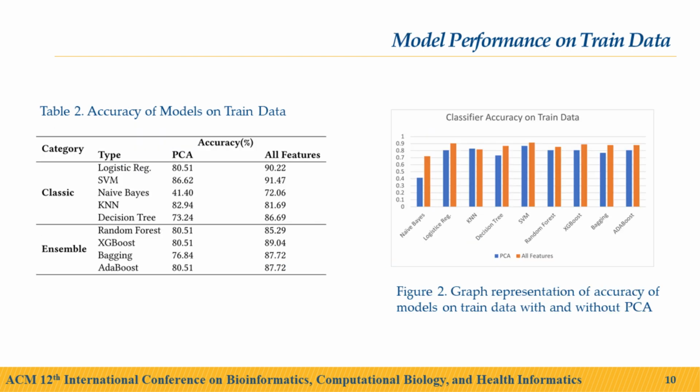This slide summarizes model performance on the training data, both with and without PCA. As shown in the table, models like SVM and logistic regression maintained high accuracy above 90% when using all 22,126 features. However, when we applied PCA, reducing the data to only 4 components, some models experienced a decline. For example, naive Bayes dropped significantly to 41.4% accuracy with PCA, indicating it is less effective with reduced dimensionality data